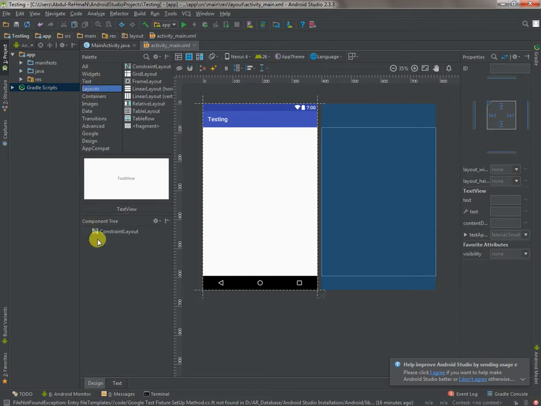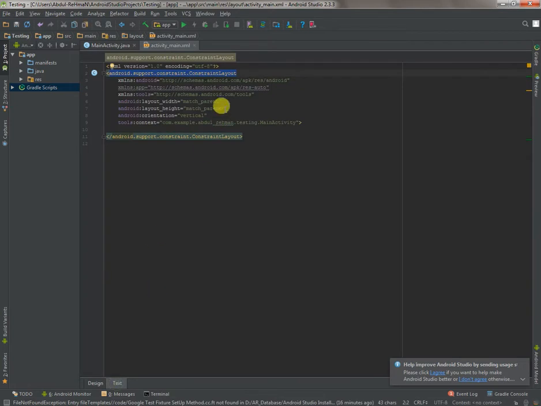By default, when you create a new project, Android Studio creates a constraint layout. What the constraint layout does is it does not accept any kind of margin. It works according to the x and y coordinates, just like we do in math graphs. So I'm going to tell you about the best layouts. The first one is relative and the other is linear layout, the two layouts that we mostly use in our Android application. What you can do is come into the text mode,